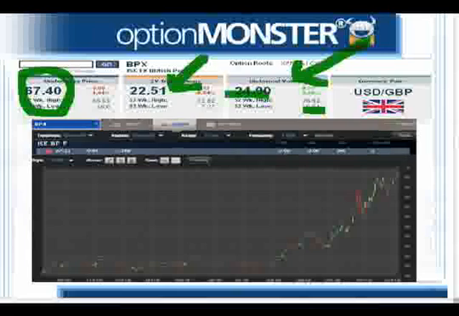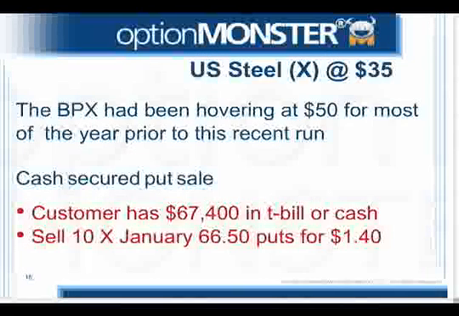And then over here, looking at the very high volatility of 22.51, but not nearly that panic number that we probably saw in that late October, early November time frame, when it was so volatile with the British pound that it got up to an implied vol of 32 plus. But still at 22, that is significantly higher than the volatility has normally been for the BPX.